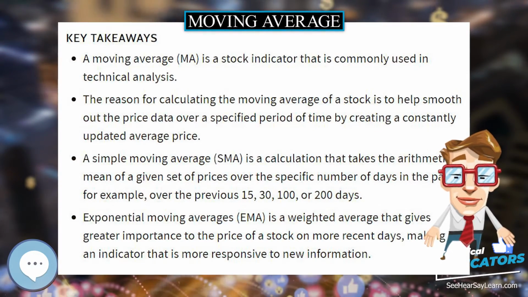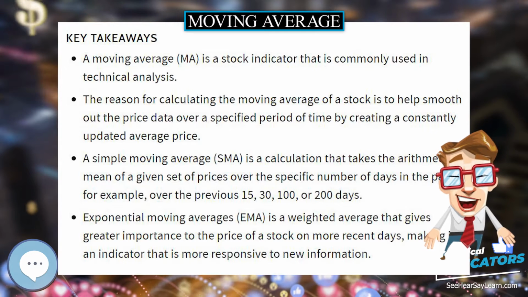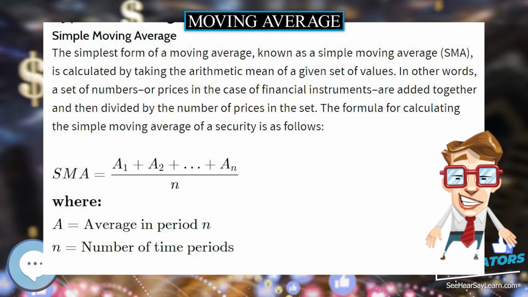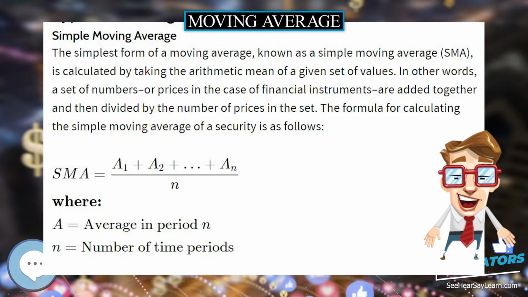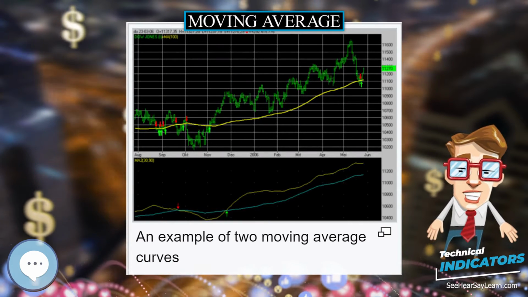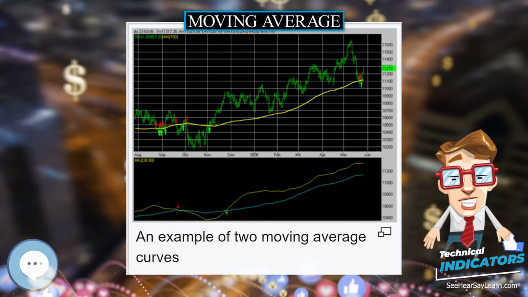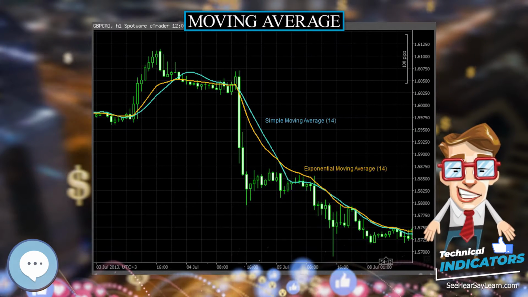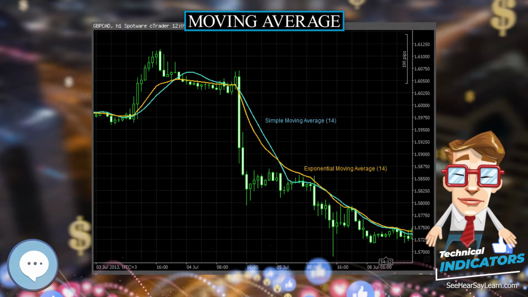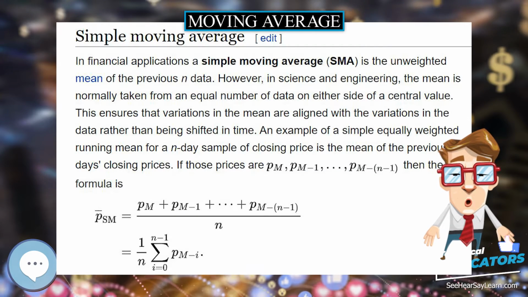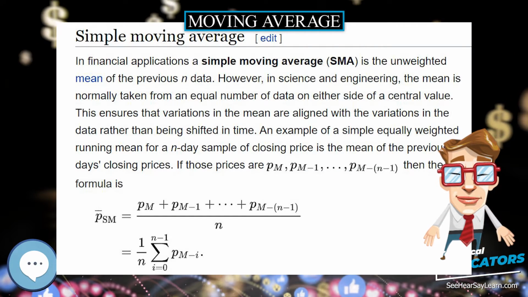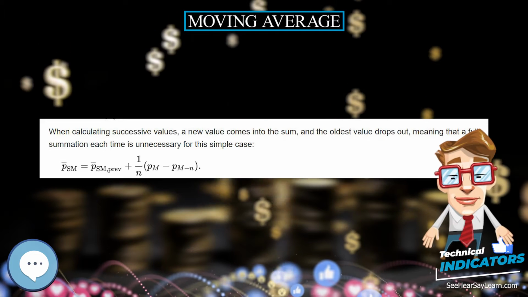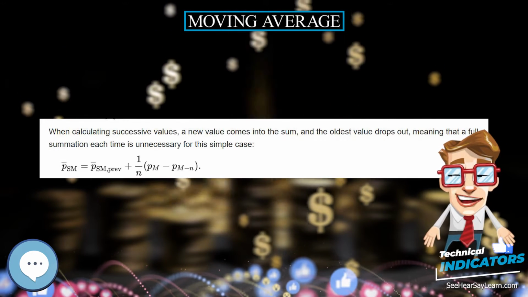Moving average. In statistics, a moving average, rolling average or running average, is a calculation to analyze data points by creating a series of averages of different subsets of the full dataset. It is also called a moving mean, or rolling mean, and is a type of finite impulse response filter. Variations include simple and cumulative, or weighted forms, described below.